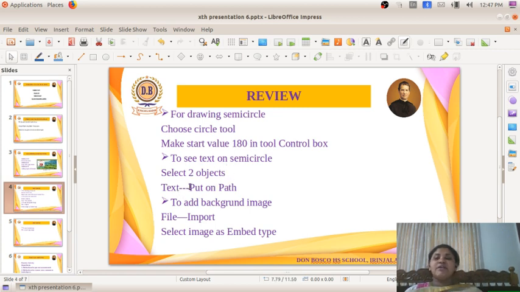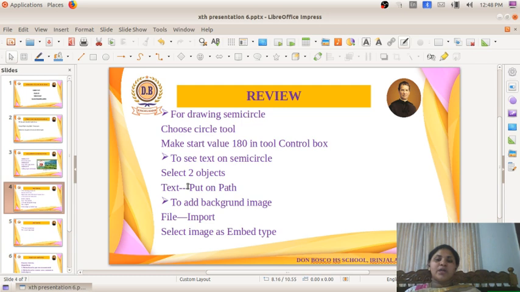After that we went for Text, Put on Path. So after giving that method, the text came on the semicircle. We need only the text to place in the logo, so we have to remove the semicircle.